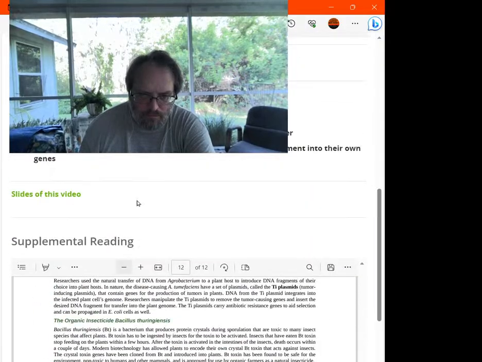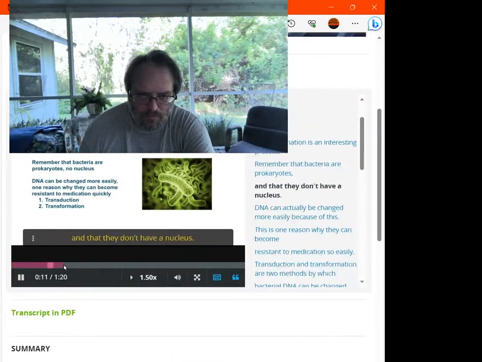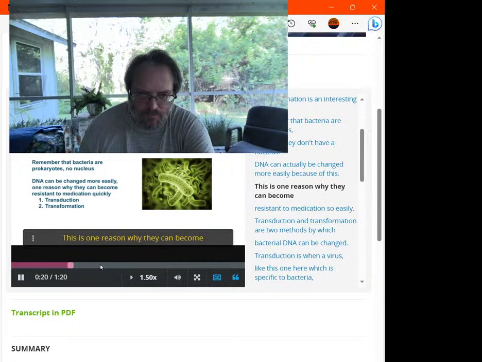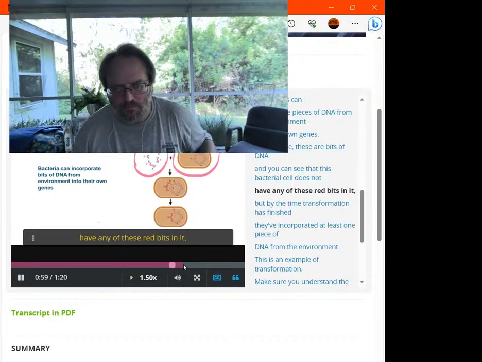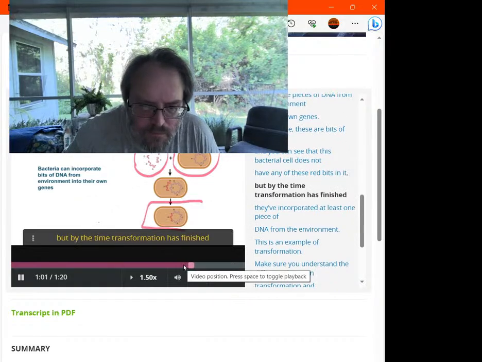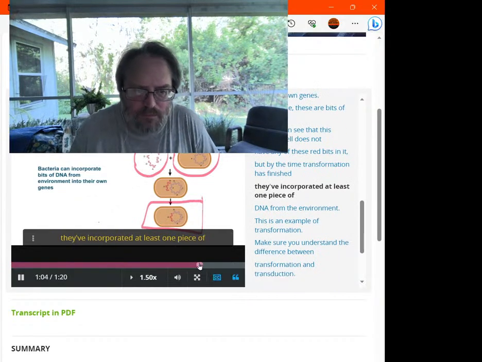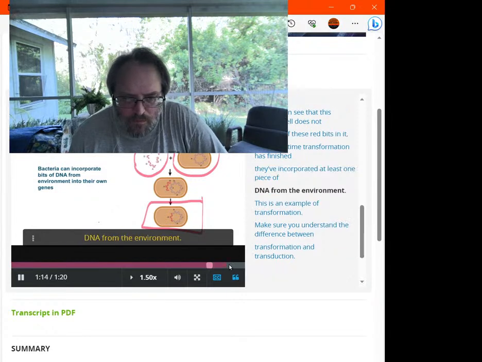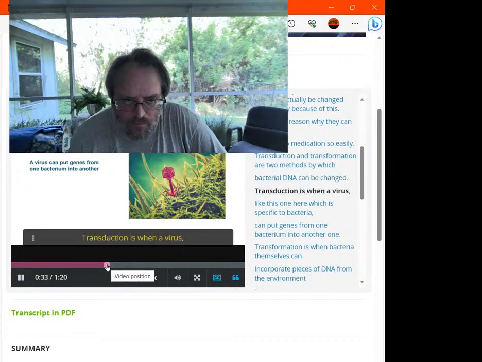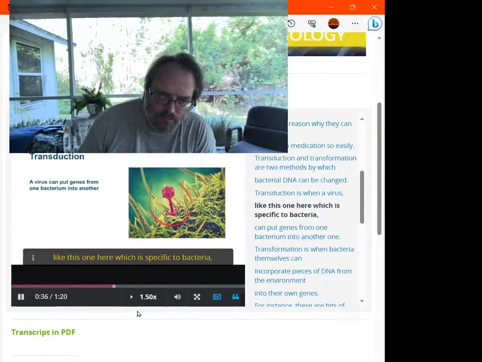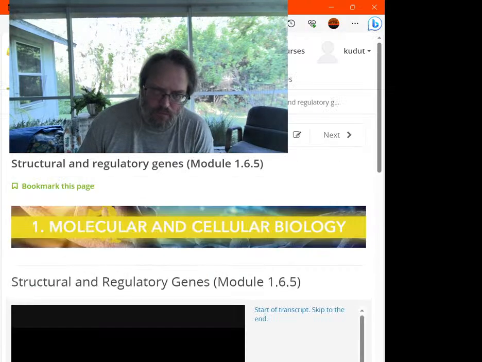Transformation is an interesting process. So remember that bacteria are prokaryotes, and this is one reason why they can become resistant. By the time transformation has finished, they've incorporated at least one piece of DNA from their environment. Now the difference between transformation and transduction: transduction is when a virus, like this one here, which is specific to bacteria,